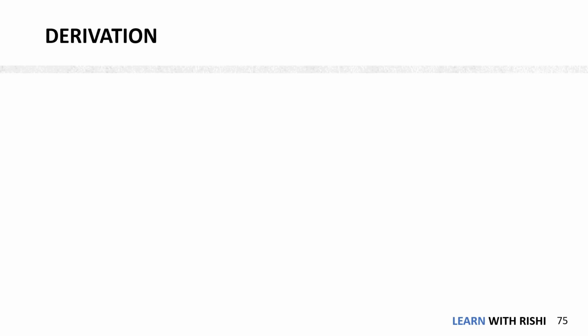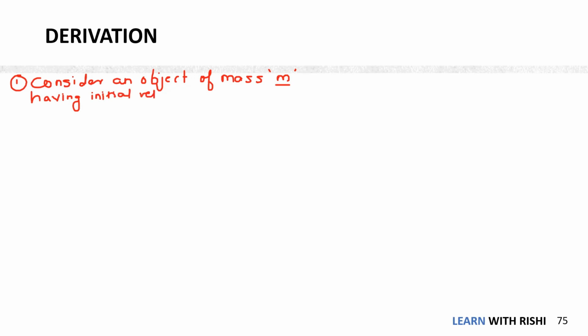First, I will consider an object. First point, consider an object of mass m. This is my first variable, that is mass m, having initial velocity u. This is another variable, that is initial velocity u. Second point I'm writing: when a force F is applied,